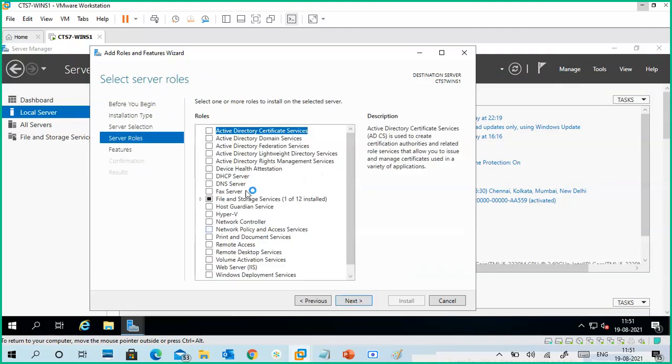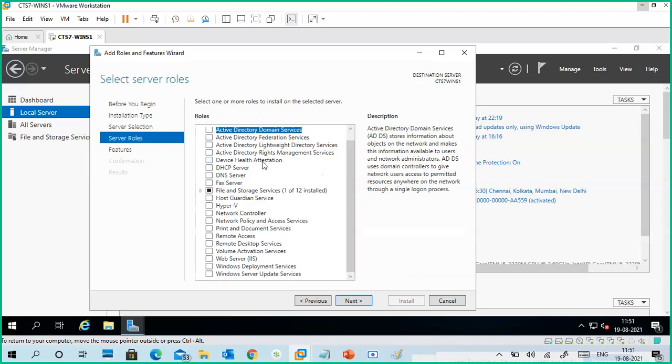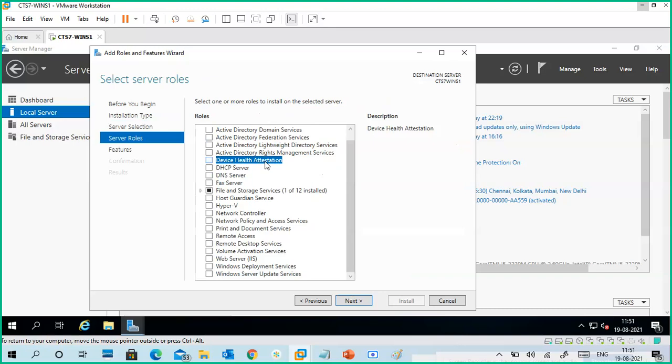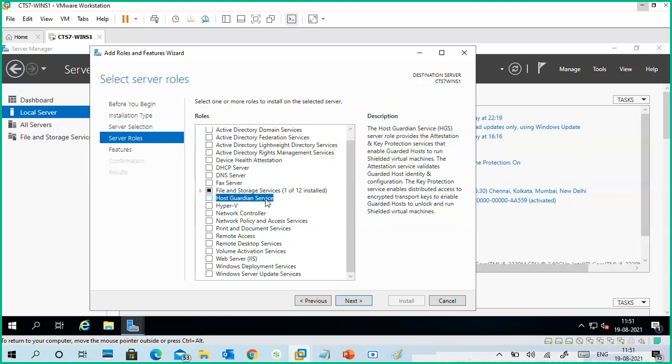Next. If I want Active Directory Domain Services, I will select this one. At present I'm not, this is a new one. Device Health Attestation, Host Guardian Service, and also for Hyper-V there are a few services.